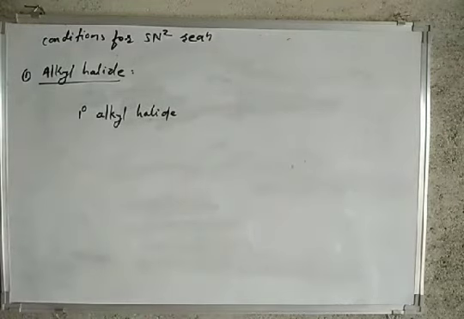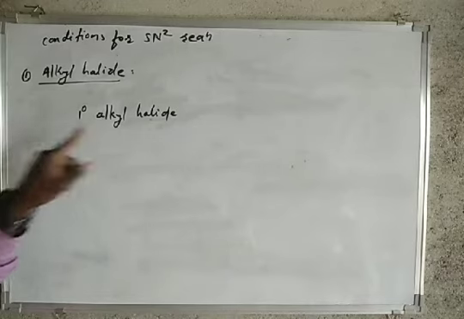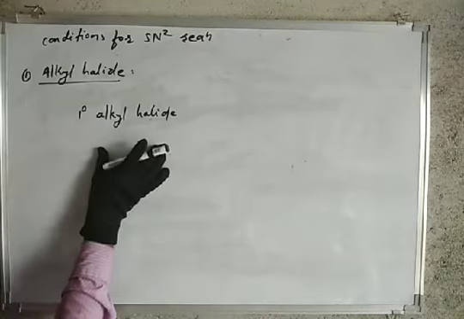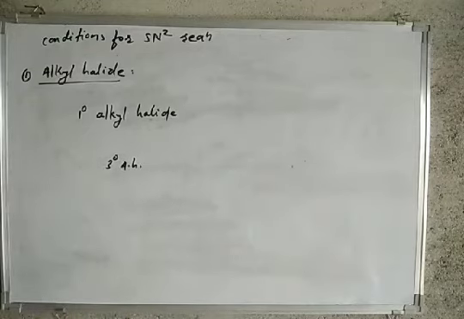In the SN1 reaction, as we discussed, we use tertiary alkyl halide. Here in the SN2 reaction, we generally use primary alkyl halide. Okay? In most cases, secondary alkyl halide is also used, and in minor cases there is use of tertiary alkyl halide. Means the SN2 reaction favors primary alkyl halide. In SN1 we use tertiary alkyl halide. Okay. Next